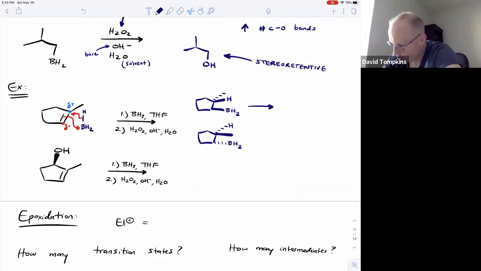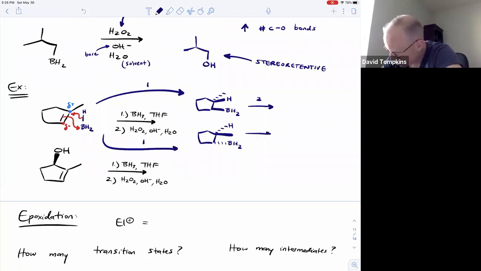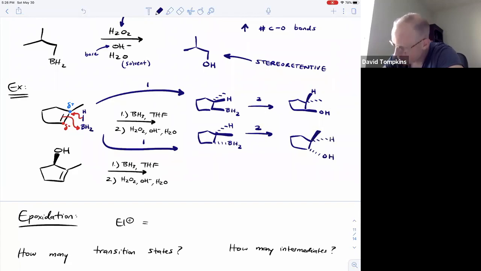So now after the oxidation, this is step one. After the oxidation, step two, BH2 is oxidized off and replaced with hydroxyl. And that is stereoretentive. So the wedged boron remains a wedge when it becomes the hydroxyl. Likewise, you get a stereoretentive reaction for the enantiomer. So in the end, we've taken this Z-alkene, cyclopentene, or methyl cyclopentene, and we've turned it